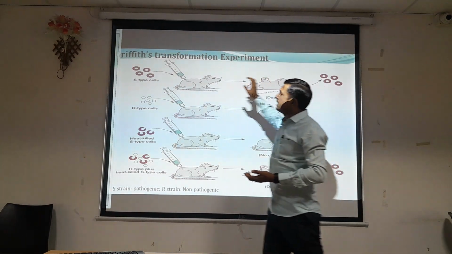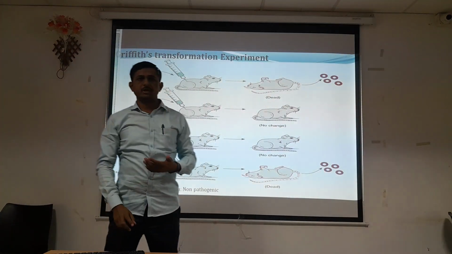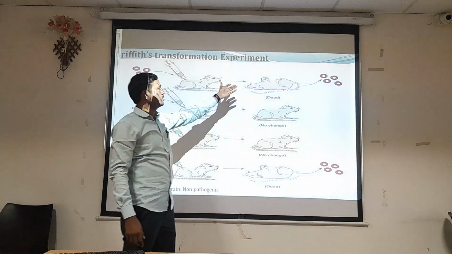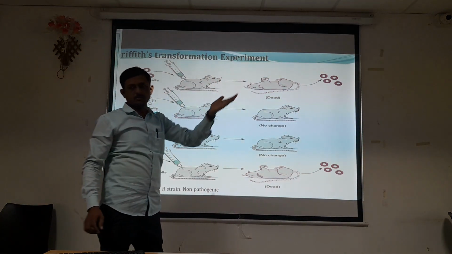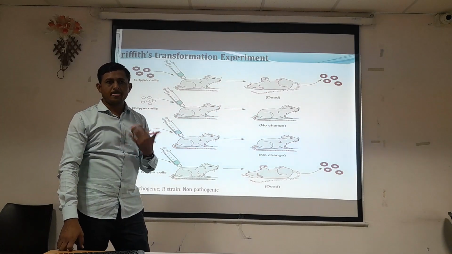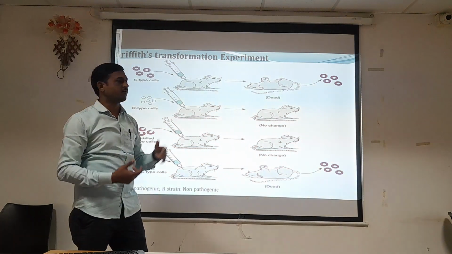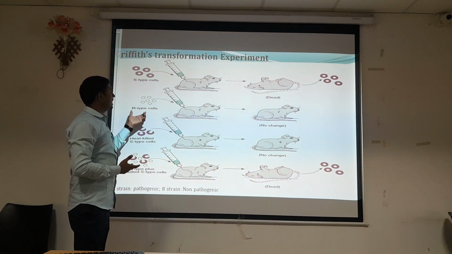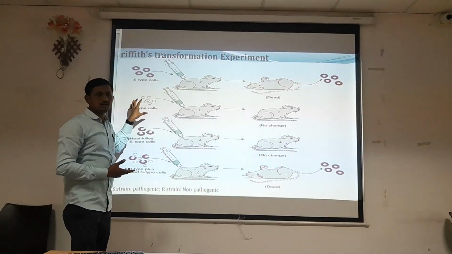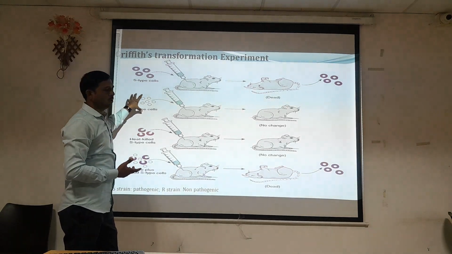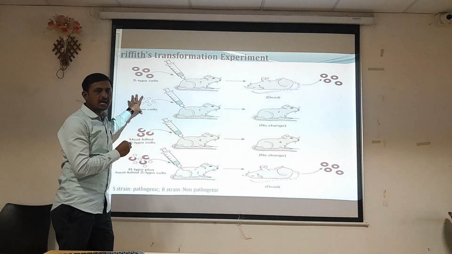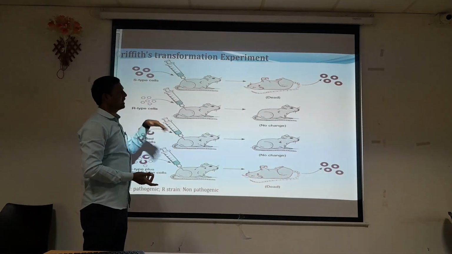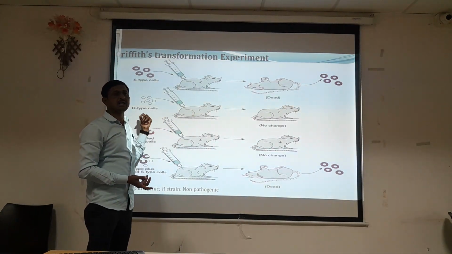So that's why, if S type of cells, which are virulent in nature, are injected into mice, they cause infection, and similar colonies appear or are recovered from that dead mice. Later on, he injected R type of cells, which are non-virulent, non-capsulated, and produce rough type of colony, into another healthy mice.